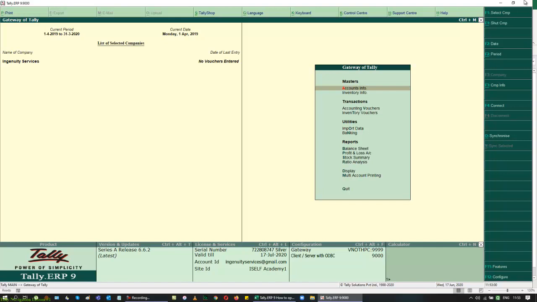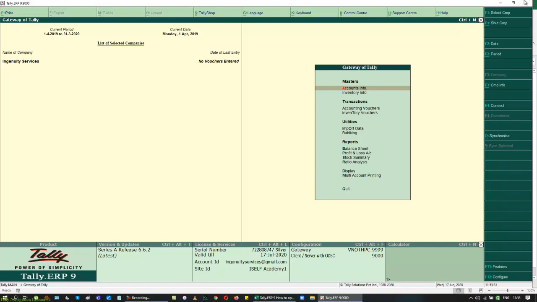Again, whenever you work in Tally, please keep one thing in your mind. Please take a backup. Because if you lose the data and you don't have a backup, then whatever you've worked so far will all be gone. So please be careful and take care of your data. Nowadays, data is the world. Data is everything. If you are able to keep your data safe, then you can do whatever you want to do with it.